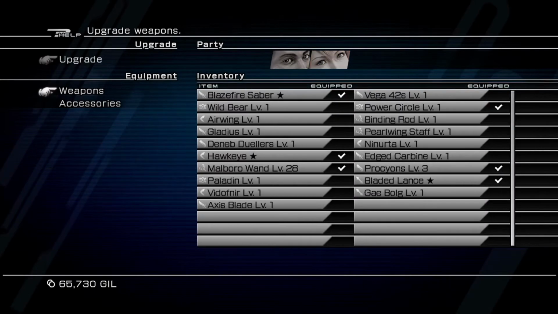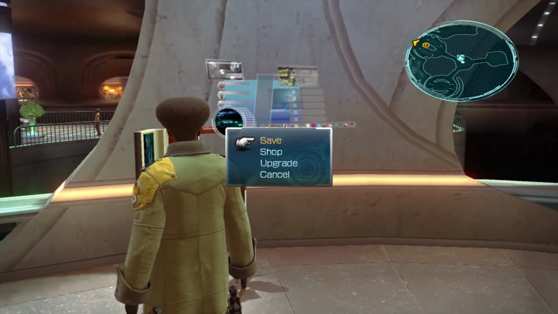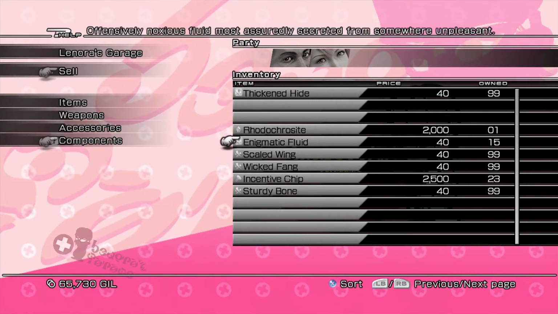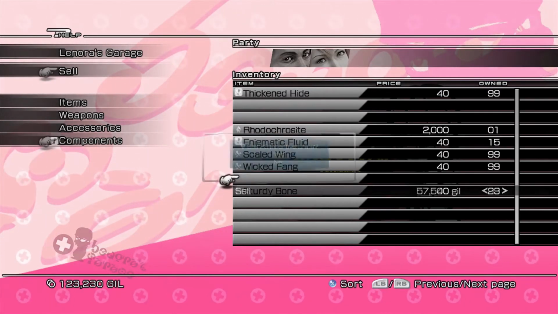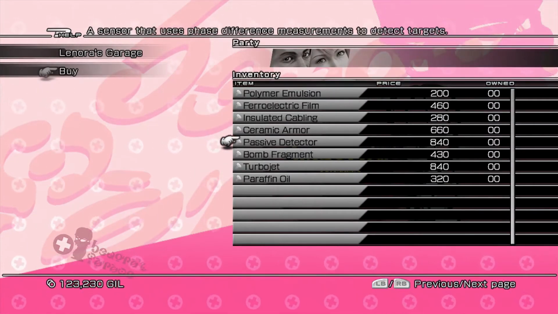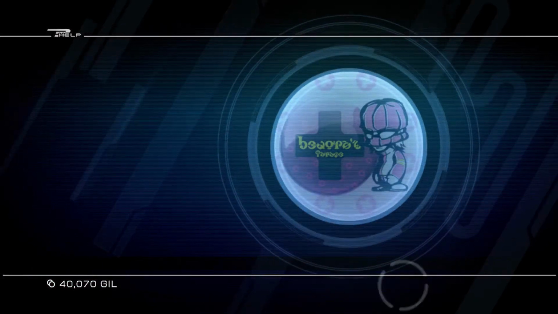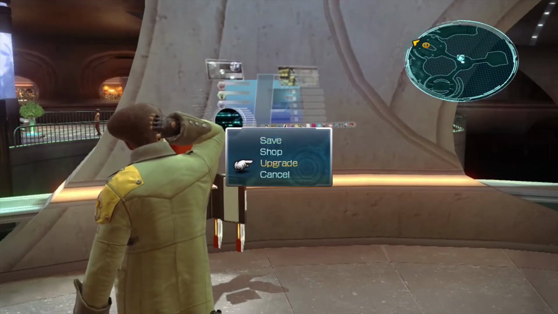Make a quick stop at the shop. As soon as it'll open shop, go back to Lenora's Garage. We can sell. Let's go ahead and sell off the remaining incentive chips so I don't accidentally use them. There's another 57,500. That puts us up at 123. And then we're gonna buy ourselves another 99 turbojets. Finally, we'll head back in, upgrade,